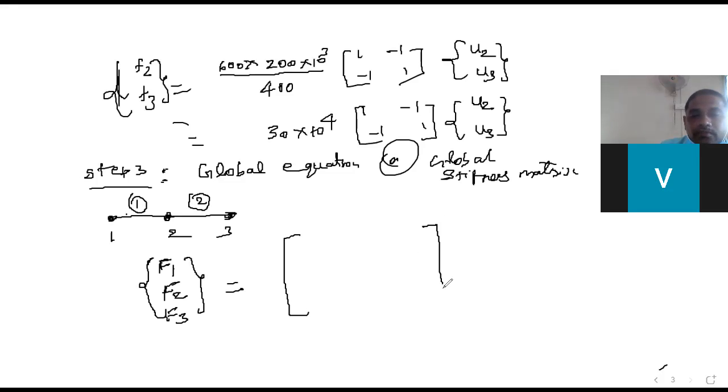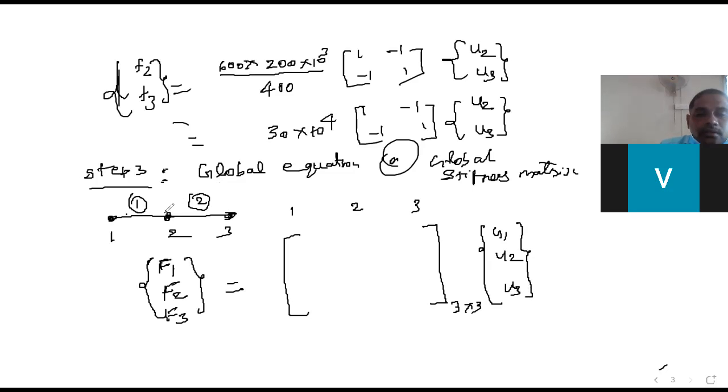What could be the size of the stiffness matrix? As we discussed earlier, the total number of degrees of freedom here is actually 3. We are having 3 nodes, and each node contains a single degree of freedom. So totally we'll be having 3 degrees of freedom. Then the size of the stiffness matrix will be 3 by 3. Just put it here, global coordinate system 1, 2, and 3. Similarly, you can put the multiplication by U1, U2, and U3 here.